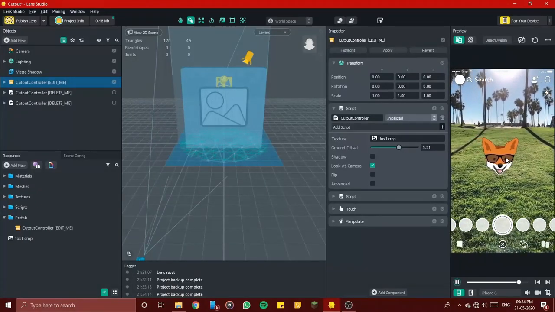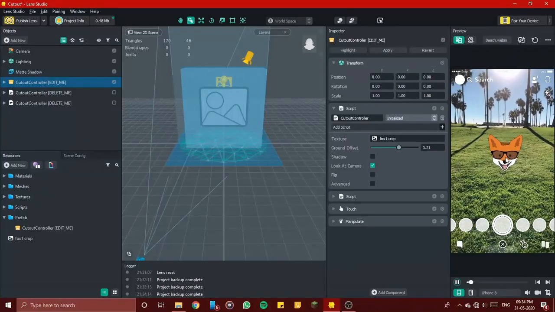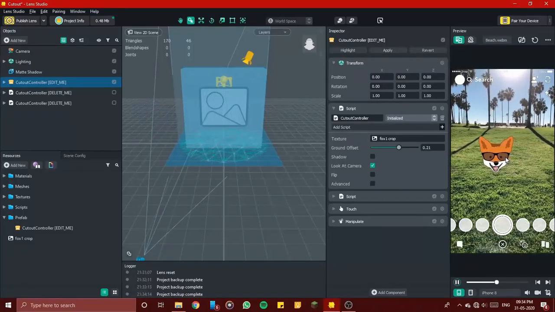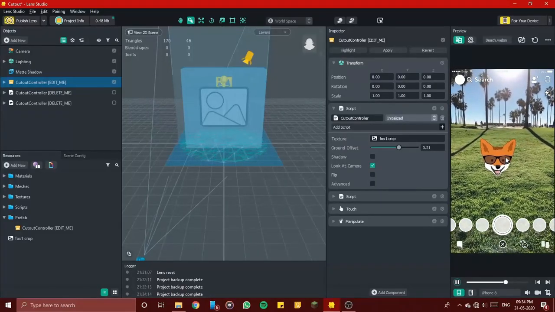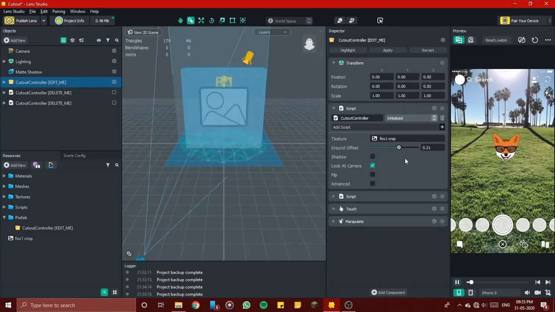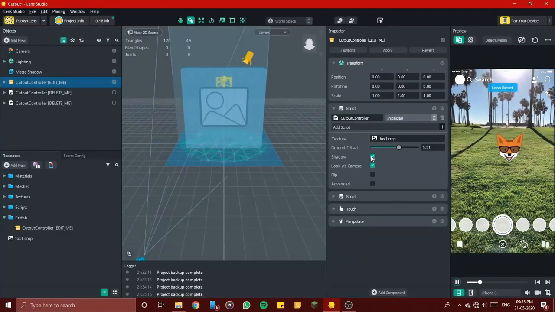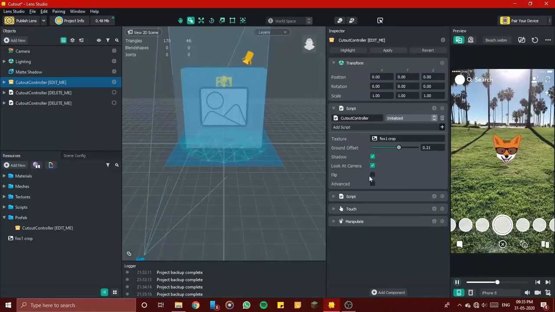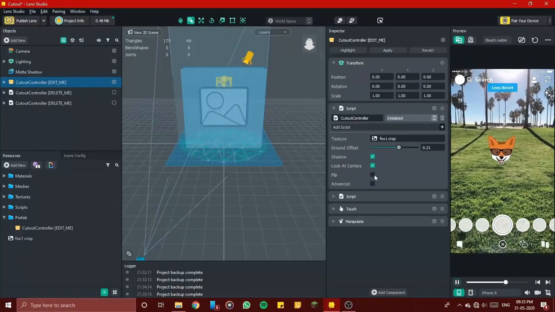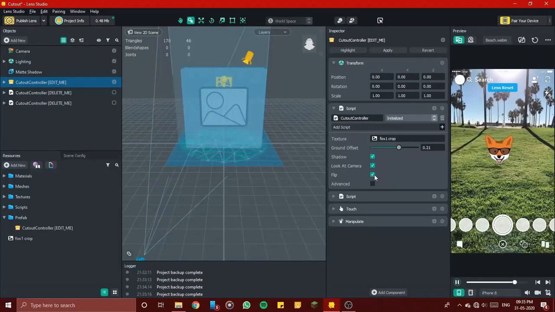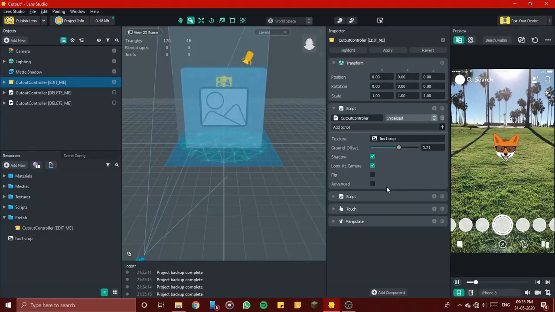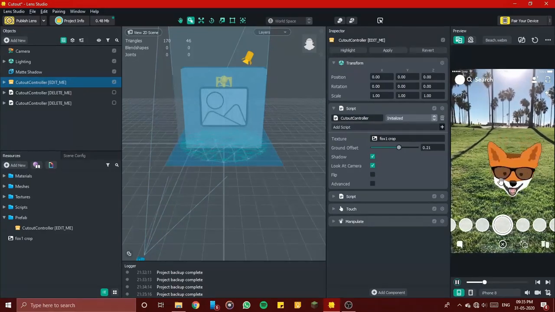Then there's the look at camera option, which makes the object face the direction of the camera. And you can enable and disable shadows. I'm going to enable it. And you can flip, horizontal flip actually. So that's how you add an image using augmented reality.